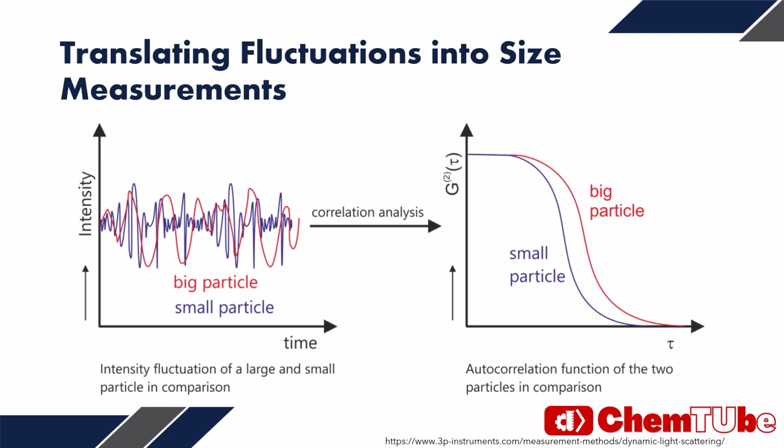To determine particle size, we observe the scattered light signal over time. By comparing the intensity of scattered light at one moment with that at another, we can track how the signal changes. When comparing signals taken nanoseconds or microseconds apart, they appear very similar. However, as the interval increases, the similarity decreases until it eventually disappears, a process known as autocorrelation.